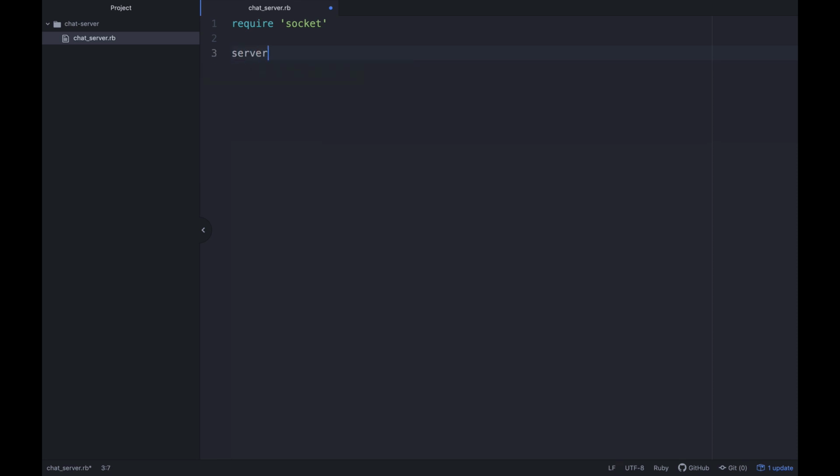So I want to create a new server, and I'm going to pull an object out of the socket library called TCPServer. And this we can give a port number to, so we can just say like 2000. And then what we can do is just say something like while true. We want to listen for people who try to connect to the server. So we can say something like connection equals